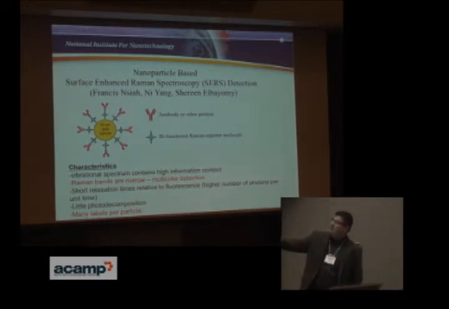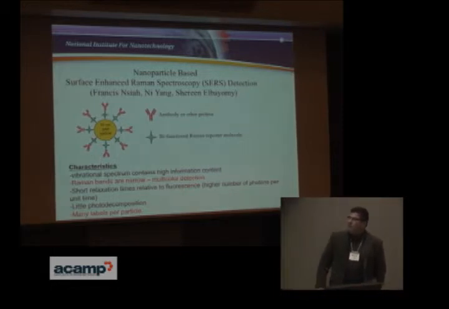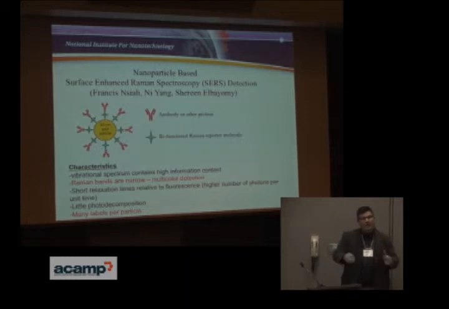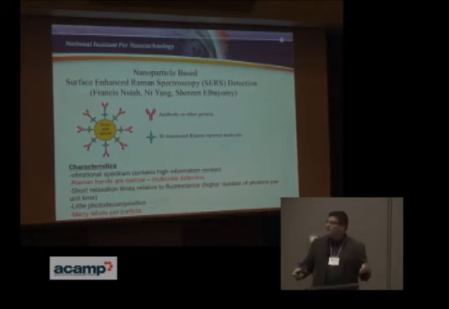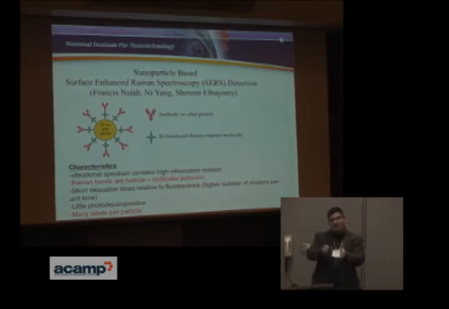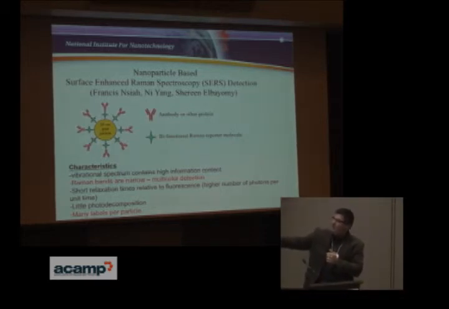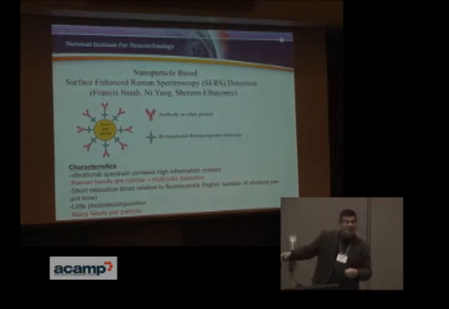And so some characteristics of these labels, and you can read them for yourself. The ones that I'll point out are the ones in red. Raman bands are narrow, and so if you have different molecules on different nanoparticles, you can detect them separately very easily, as opposed to a technique like fluorescence, which is a generally used technique for this type of analyses. Fluorescence bands are very broad, and you have to have very good optics in your instrumentation in order to detect lots of different fluorophores at once. The other thing that we like to take advantage of is that this whole nanoparticle, although it's very small, is still much bigger than a molecule, and so there's about 15,000 labels on this single nanoparticle, and so we get very, very high signals